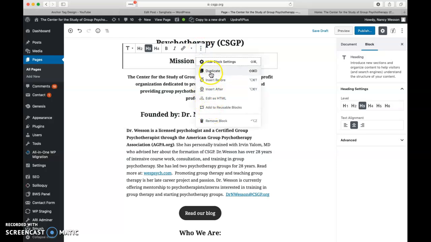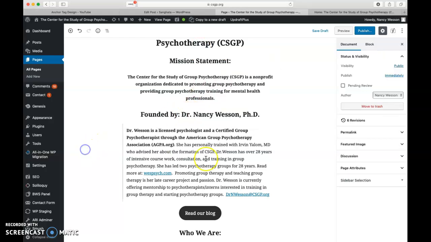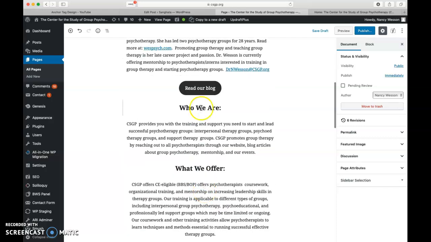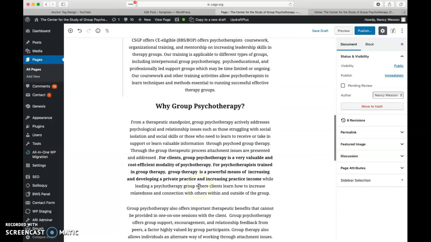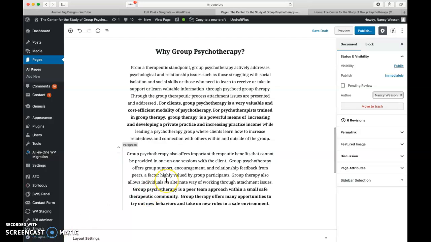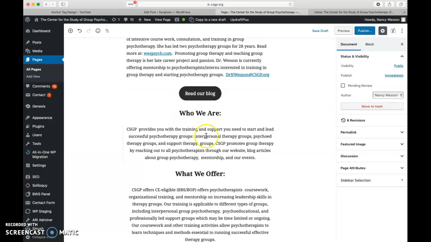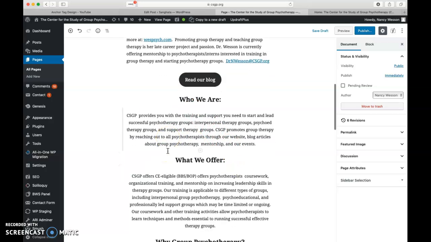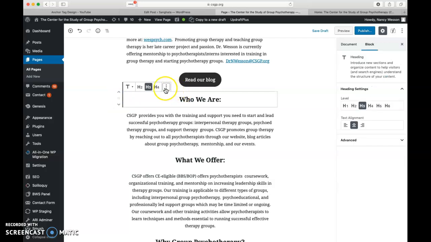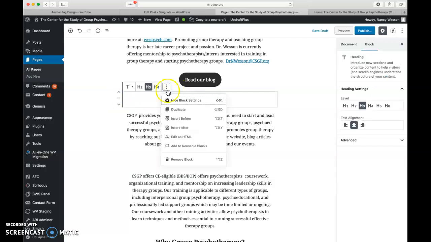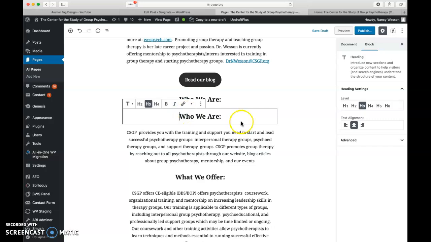We can duplicate a block to keep the formatting. And then like here, all this stuff, meandering now, but I think what we should do with this is make a new page, or I can show you, let's do this. We're going to click on that, and then in our more options, we're going to duplicate that, and